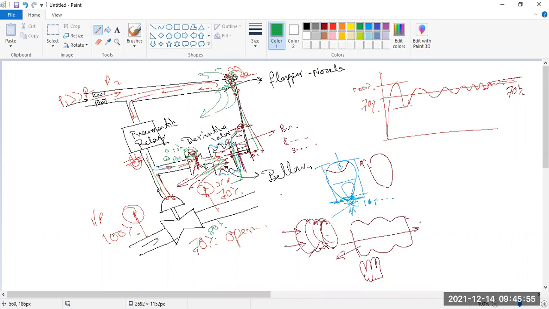So the bellow is gradually squeezed, and whenever it occupies its own position, then it will just release this valve, this flapper. And whenever the flapper is going to release, the first time it will release 10%, the second time again 10%, so ultimately 20% was released. So this pressure again tries to release from this nozzle, and whenever the pressure is going to release, the pneumatic relay also gets some loose pressure.